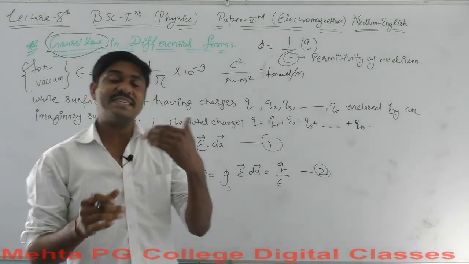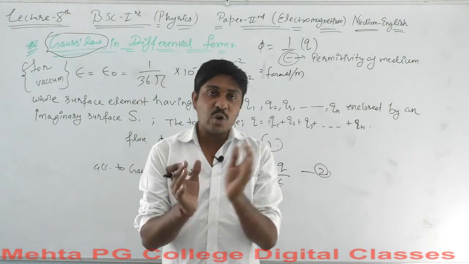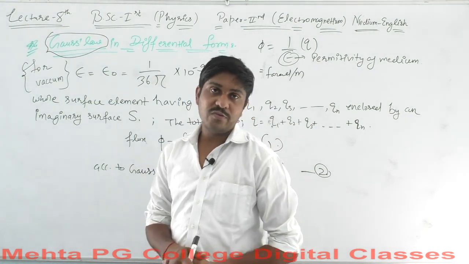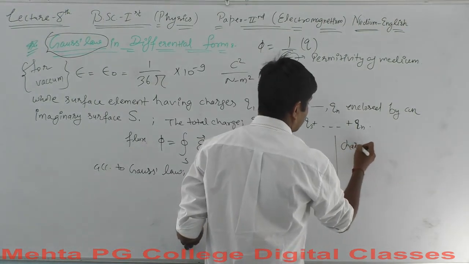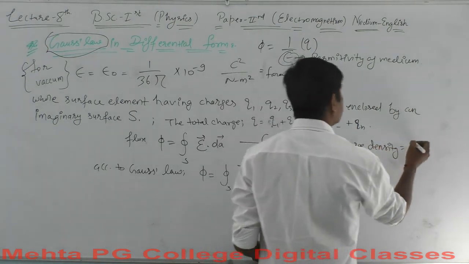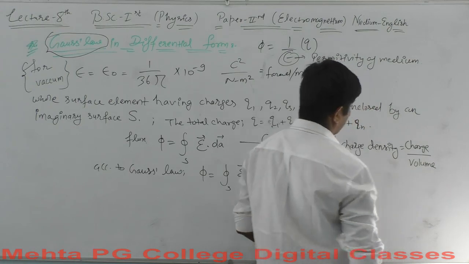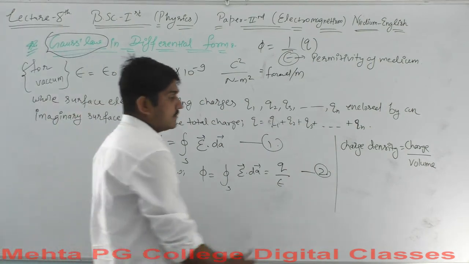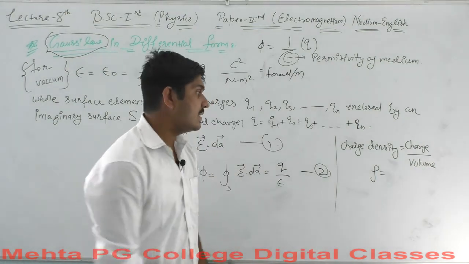Also, do you remember the charge density? Charge density equals the total charge enclosed by a volume. Let's say charge density is equal to charge over volume. So if rho is the charge density, what does rho represent? Rho represents the volume charge density, which is equal to